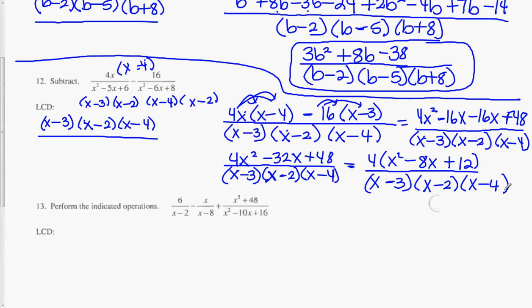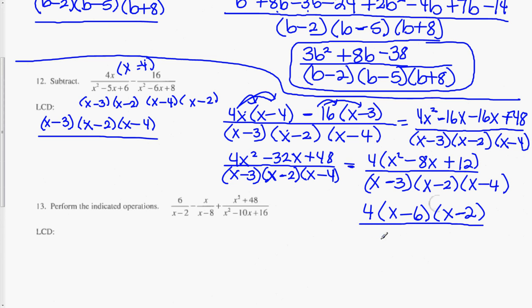And then I'm going to look and see if I can factor x squared minus 8x plus 12. Are there factors of 12 that would add up to negative 8? Well, you could use negative 6 and negative 2. So that's going to factor into x minus 6, x minus 2,